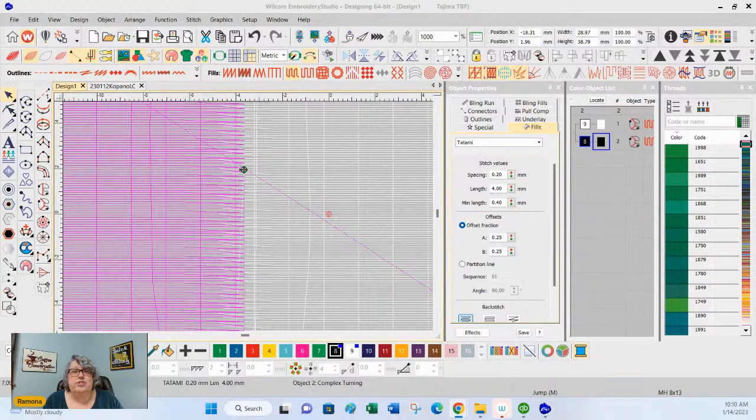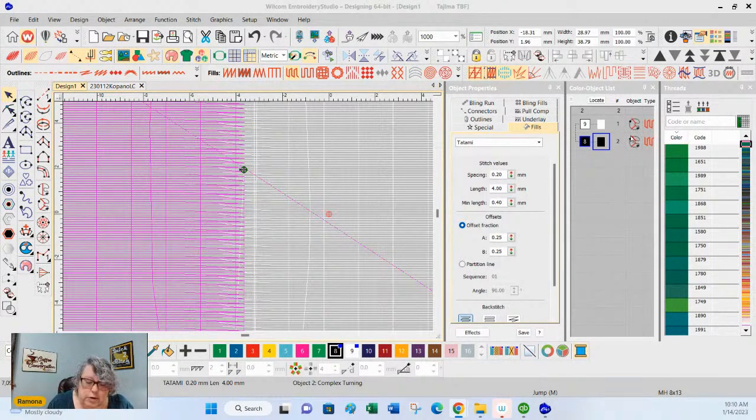And the nice thing about working with digitizing theory is that it spans all the software. It is not just one software that can make this stitch, of course I'm using hand gestures here that you can't see. It's not just one software that can do this stitching. They all can do this stitching.